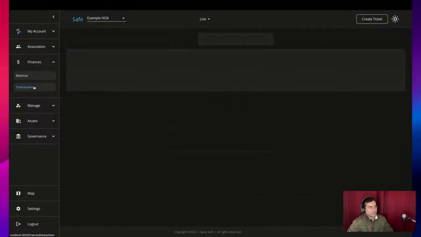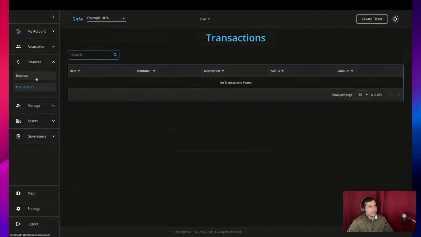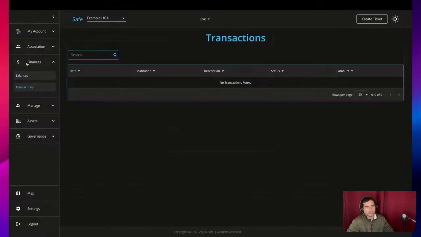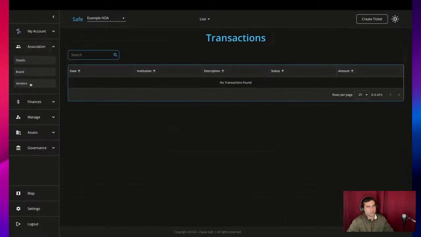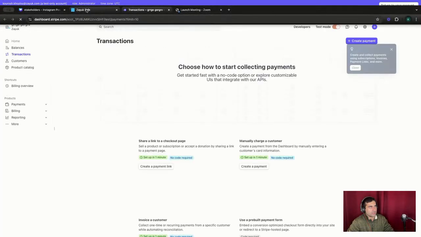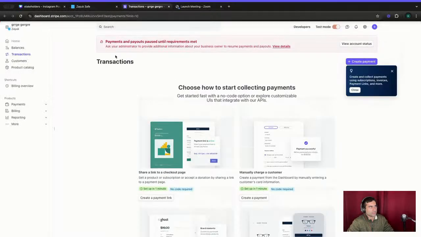One feature that I skipped over is balances and transactions. So we allow you guys to set up financial connections so that you can get balances and then get daily transaction streams from those balances. And additionally, through a payment dashboard,